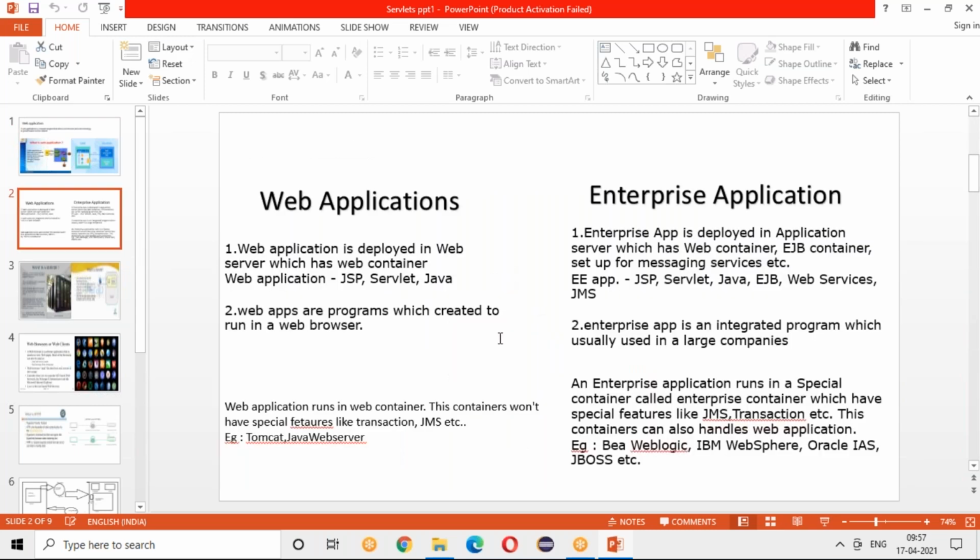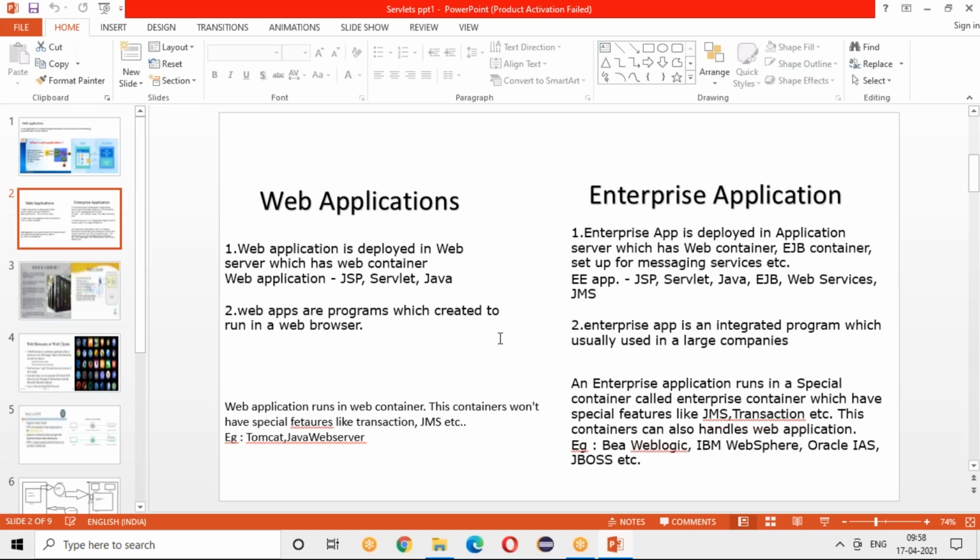There is a little difference between a web application and an enterprise application. Both serve requests over the internet only, but an enterprise application is heavyweight compared to a web application. You will not use it for small-scale applications. Whenever you build a bank application, it is very heavyweight, where a lot of other services need to be integrated.